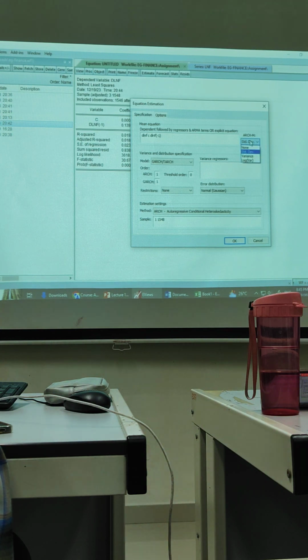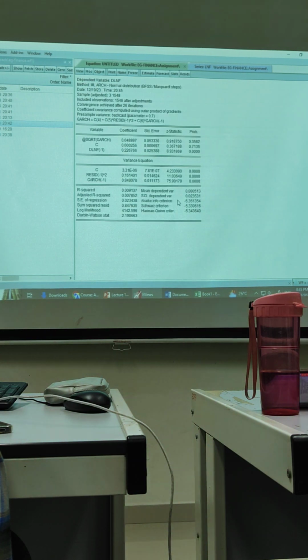The explanation is just the same. It is just how you measure the risk. They use the standard deviation instead of the variance, so the standard deviation is the proxy for the uncertainty. So you click OK. As you observe, there is a standard deviation of this risk series inside this equation, in your mean equation.